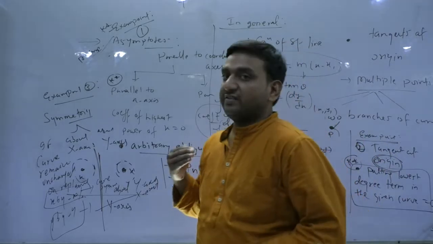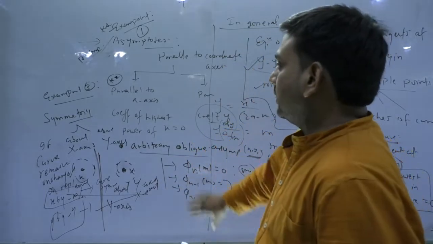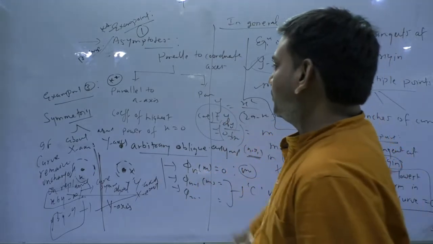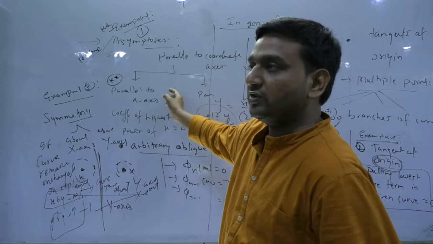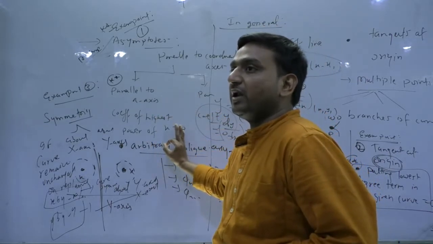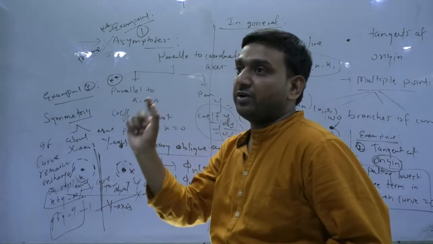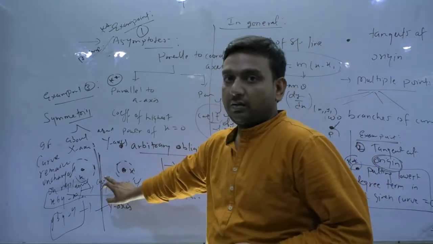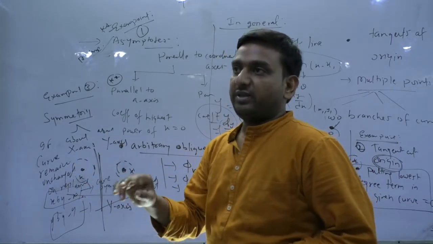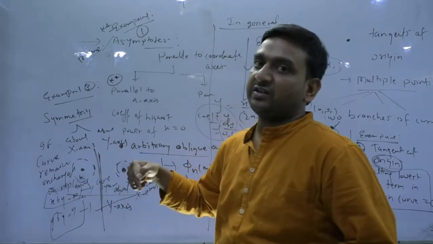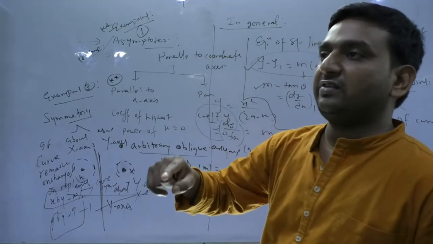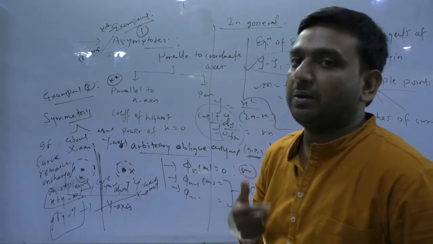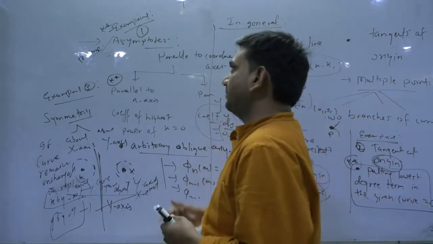So what I can suggest you guys here is to just memorize, because at the end of the day we have to perform. In case of parallel asymptotes, for asymptotes parallel to the x-axis, the coefficient of the highest power of x should be 0. In symmetry, replacing x by minus x, if the curve remains unchanged, we say symmetric about the y-axis, and if on replacing y by minus y the curve remains unchanged, we say it is symmetrical about the x-axis. So please do remember these things.